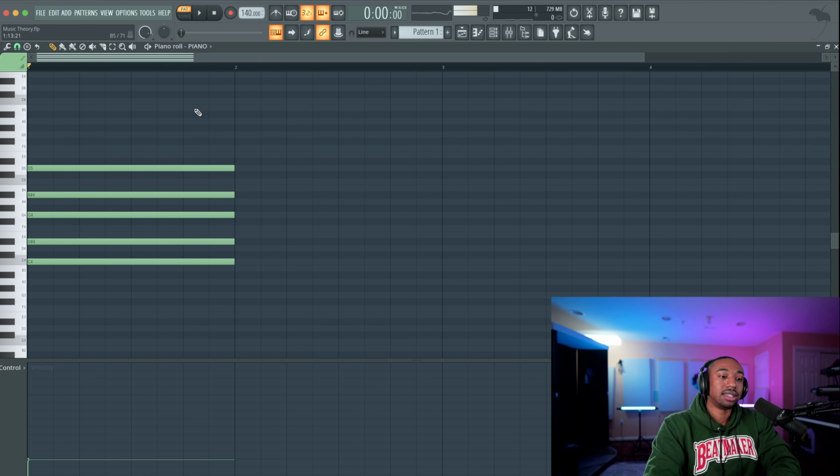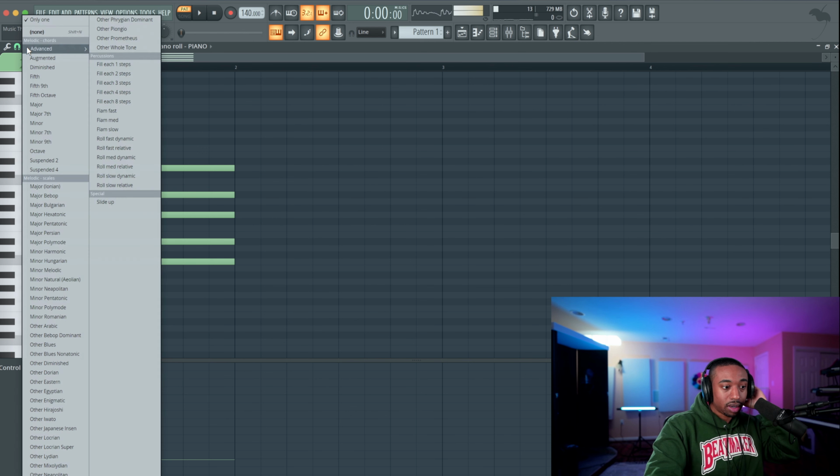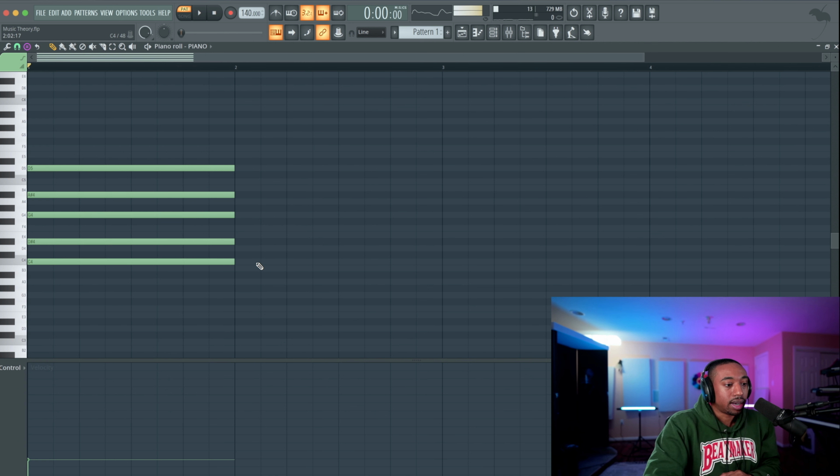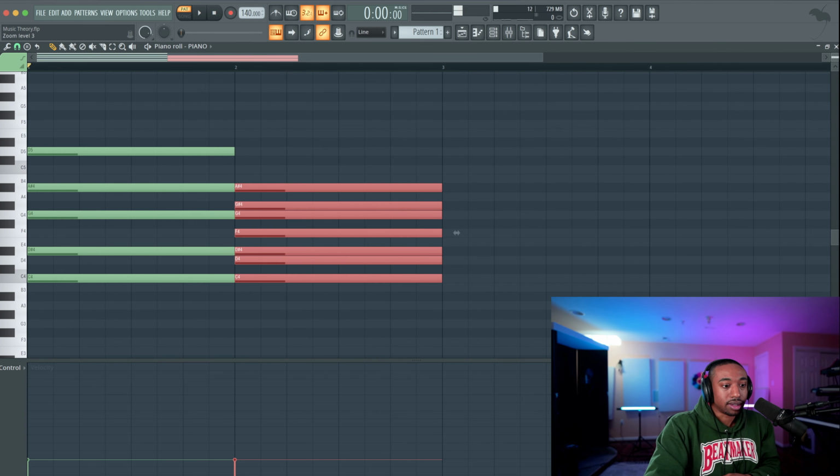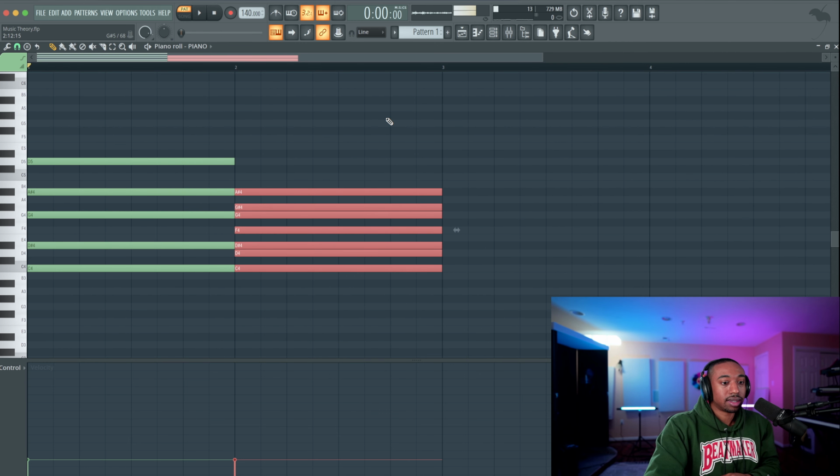Now, it has a sequence of whole steps and half steps. You don't need to memorize any of this stuff. Just go to your chord stamp here in FL Studio. Go to where it says minor natural. Click on that and just click your root note, or wherever you want to begin that sequence of notes. Let's just start at C to keep this super simple and easy.